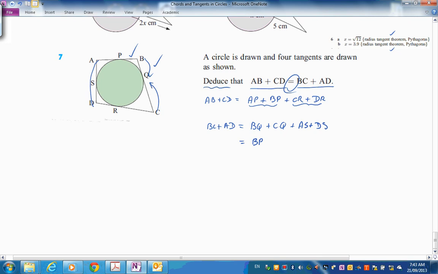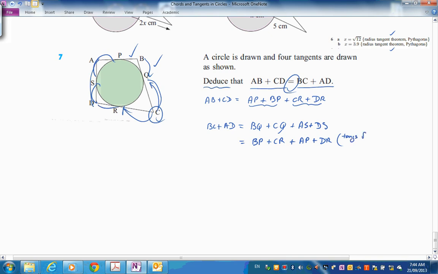So CQ is equal to CR, watch it here, CQ, the other tangent drawn from this common point is CR, so I'm going to replace this, and then AS up here is the same as AP, I'm going to replace that, and then DS is the same as DR. And we have to put the reason there,